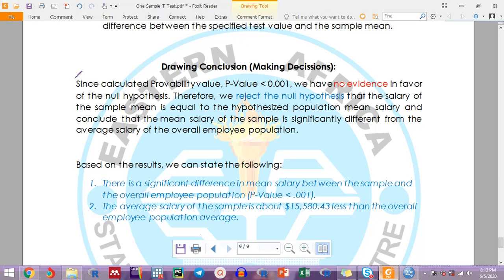Now here the conclusion, okay, that since the calculated probability value, which is the p-value, is less than this figure here, because it was 0.00, we have no evidence in favor of the null hypothesis. Therefore, we reject. This is the most important part of these statements. We reject the null hypothesis. Now, if we reject the null hypothesis, what does it mean? We reject the hypothesis that the sample mean salary is equal to the hypothesized population mean salary, and conclude that the mean salary is significantly different